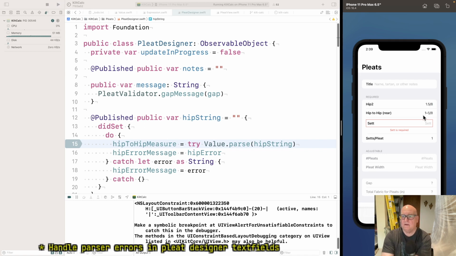No. Hmm. One and 10/16. The value there is fine.